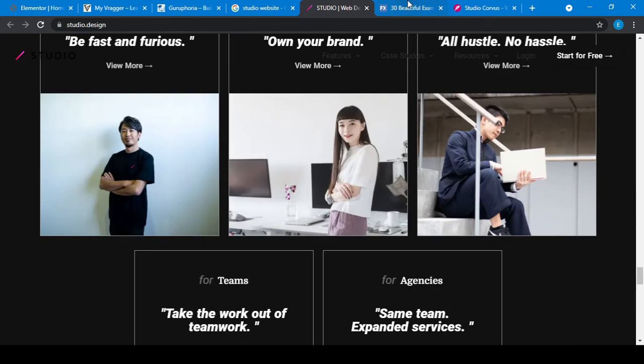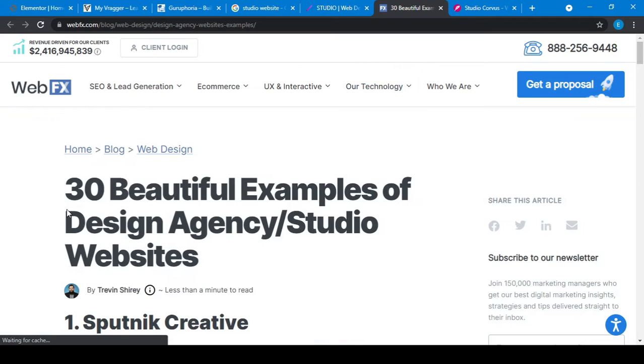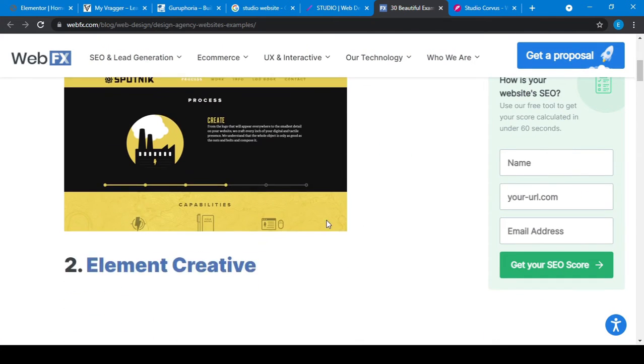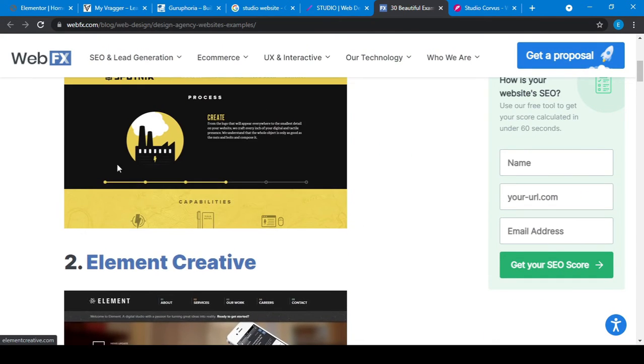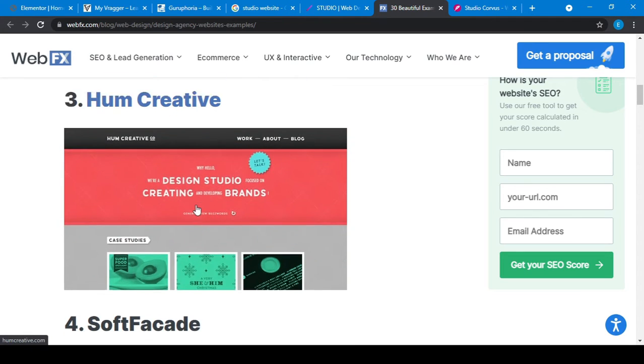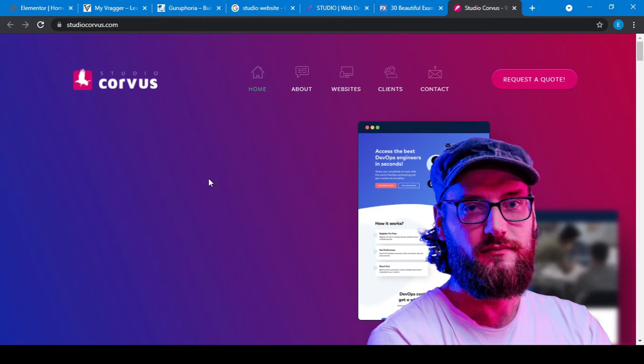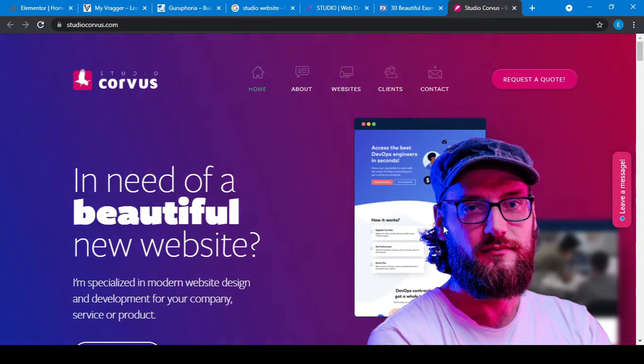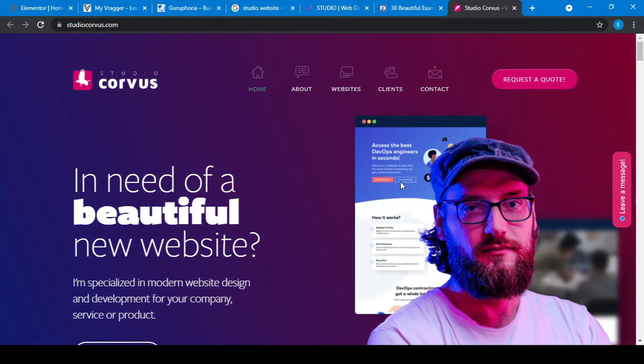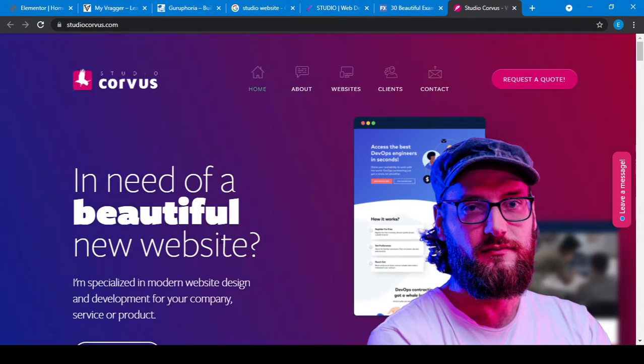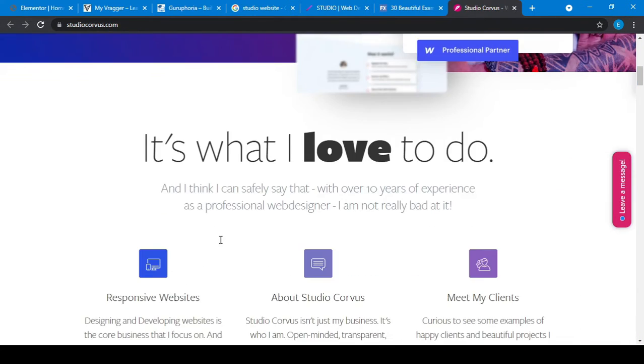Okay, so if I go to another website, here are some examples of how we can create. Look here, all the same things. And the third one is also the same. This is our effect. So we can create any of them,